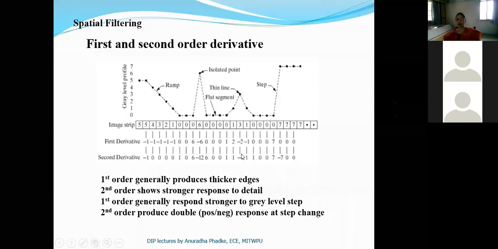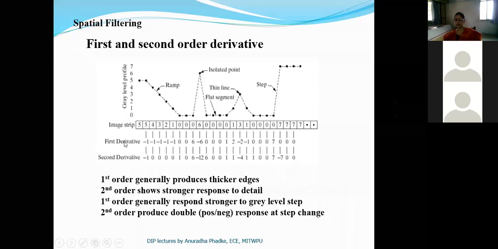Similarly, for the thin line, the second derivative value is 4 and the first derivative is 2. So we can say that the second order derivative is very useful to detect isolated points and thin lines, or to enhance fine details in an image. The second order derivative is better